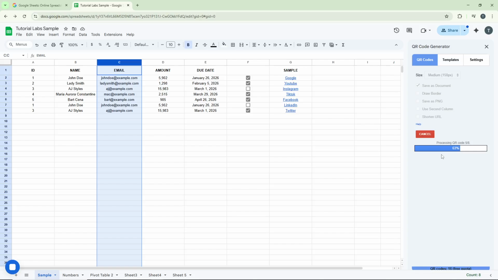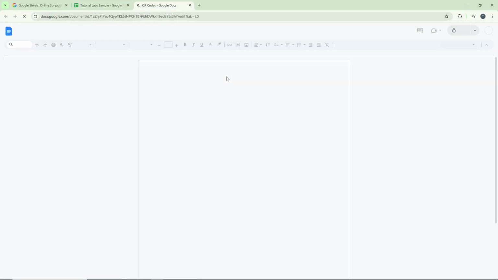Once the process finishes, click Open Document to view your newly created QR codes. You'll see all your generated QR codes displayed in a new document, ready to be downloaded, shared, or printed as